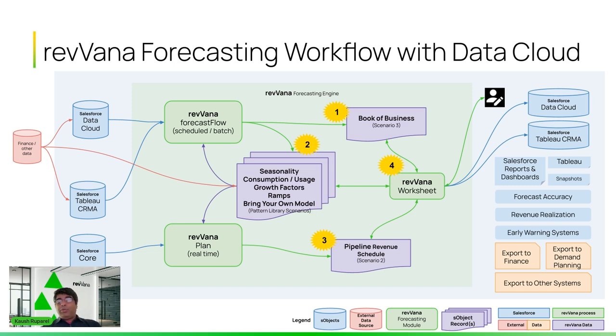But what we can do with those patterns then is generate your pipeline revenue schedules for your new business. Now, this is important in a lot of modern businesses. The biggest variability in their forecast comes from new business. Unless your business is a very standardized SaaS model, whether you're going to make your quota or commitments is going to be derived based on how much you close.